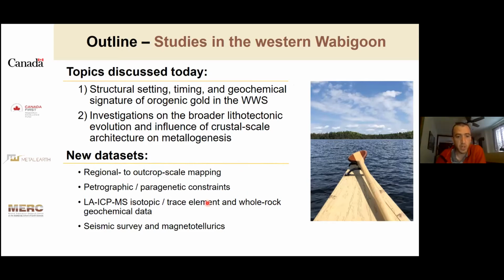I'm going to show you a lot of the regional to outcrop-scale mapping, some of the petrography, paragenetic constraints, and then a bunch of laser ablation data we've done for isotopes of uranium-lead and lutetium-hafnium primarily, but also the trace element data that goes along with that, some whole rock data to get at some of the alteration signatures,